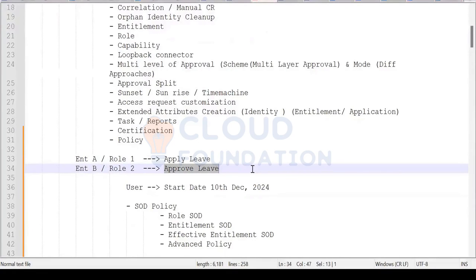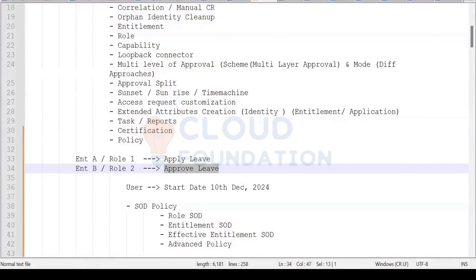That's the expected behavior. If we have one user, a single identity, who has these two toxic combination accesses, entitlement A and entitlement B, we can consider the situation high risk because the user can submit the leave himself and approve it also. This is what a toxic combination, or conflicting access, is.